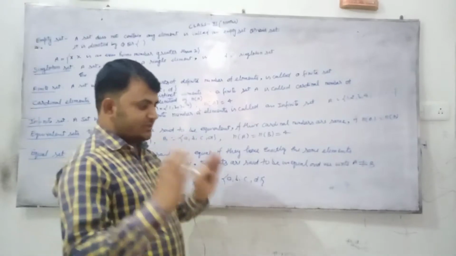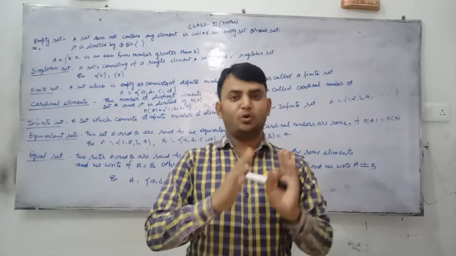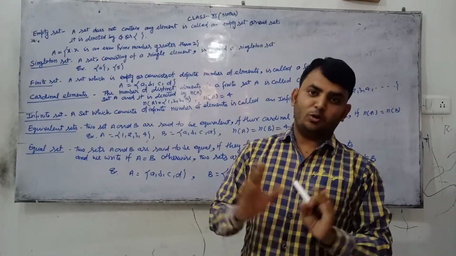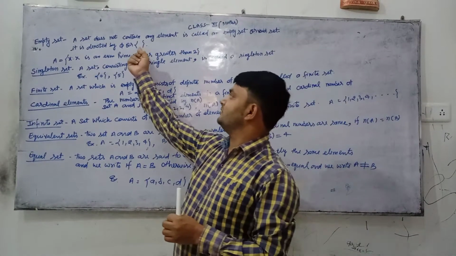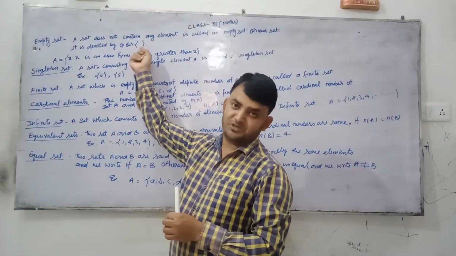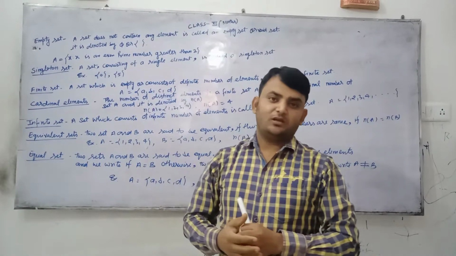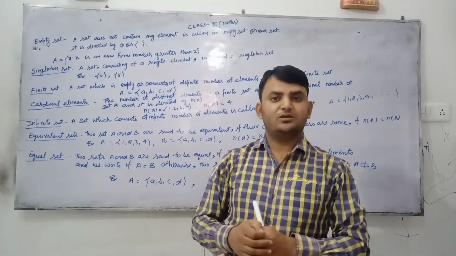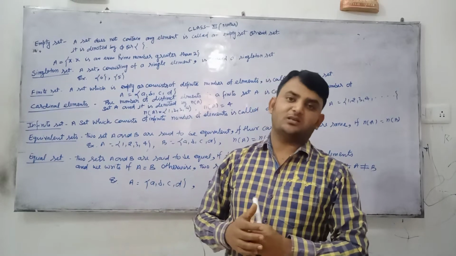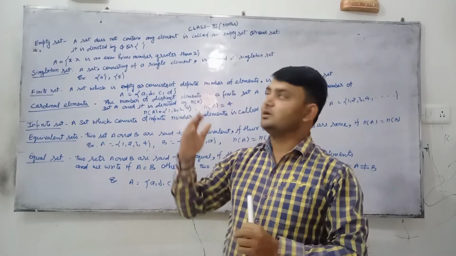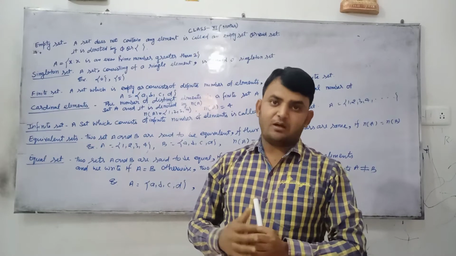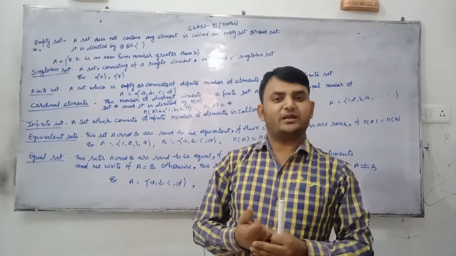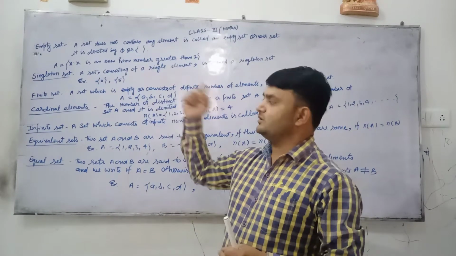It means if one set is given and that set has no element, then that is an empty set. In an empty set, no element is there. So that is an empty set. You can give the example: number of boys in a girls college. The number of boys is 0, means no elements are there. So that is also an example of an empty set. The number of natural numbers before 1: there is no natural number before 1, so that is also an example of an empty set.